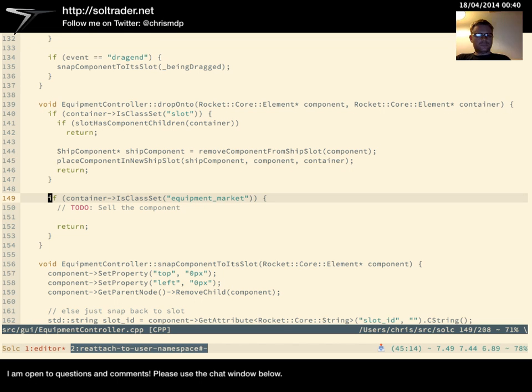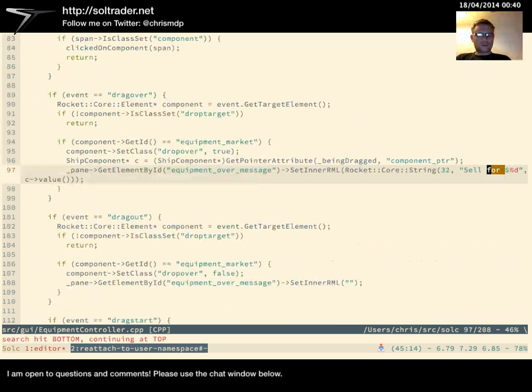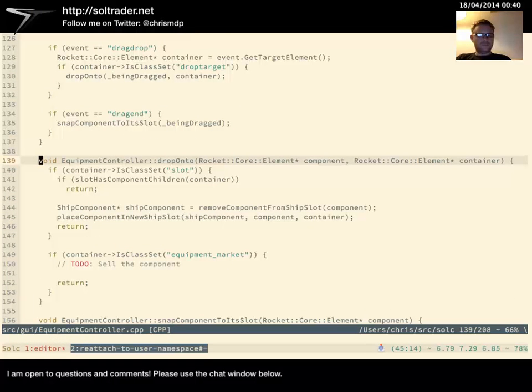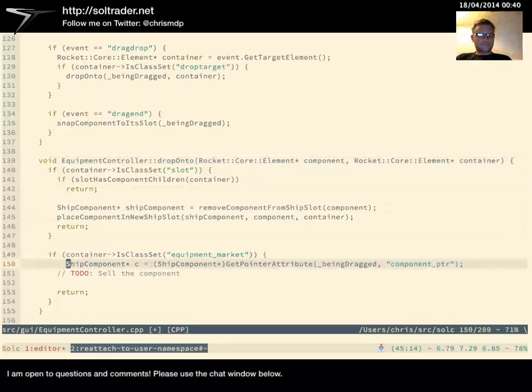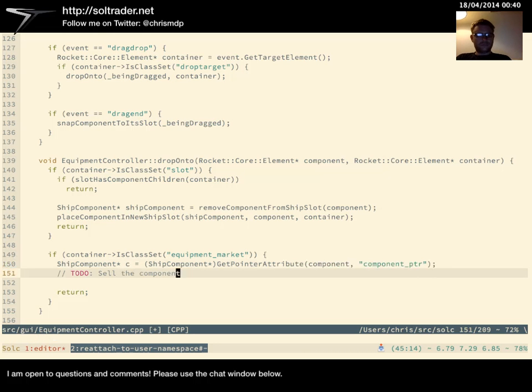So, the money is easy. You know how much it costs, we just check the value on the particular component, which is easy to do. This is the actual component here. It's the actual physical ship component object. We know how much it costs because we can just do C value. In this thing,